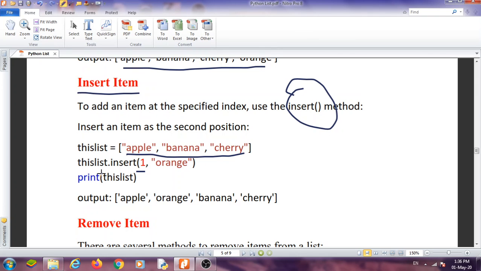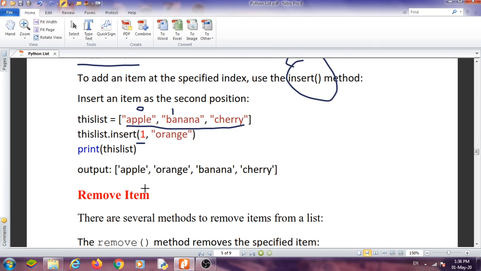Dot insert, i is the index, and orange is the value. So the orange value will be inserted at index number 1. This is index 0 and this one is index 1, and we are using index 1 for orange. That means banana will shift to the next index and orange will be stored at index 1.